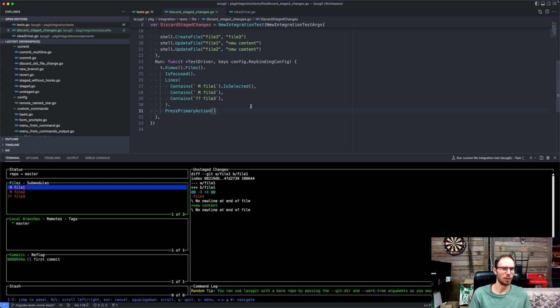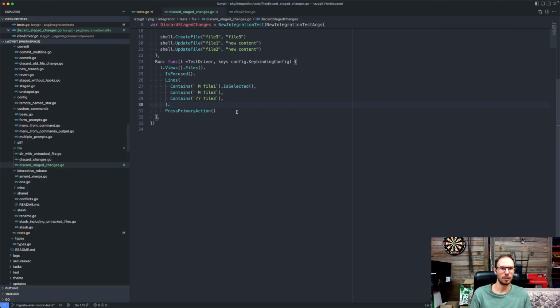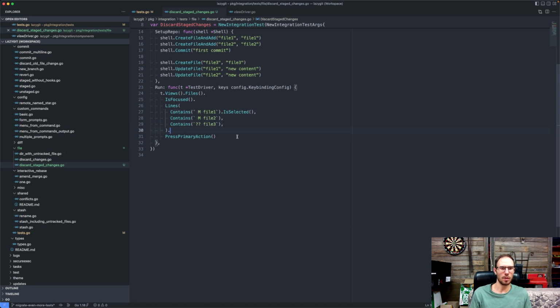File 1, file 2, file 3. Okay, this guy's gonna fail because you're not allowed to use these just on their own. But ignoring that, for these 3 things, I'll press the primary action. I'll just verify that afterwards this is now staged, so the M's on the left,